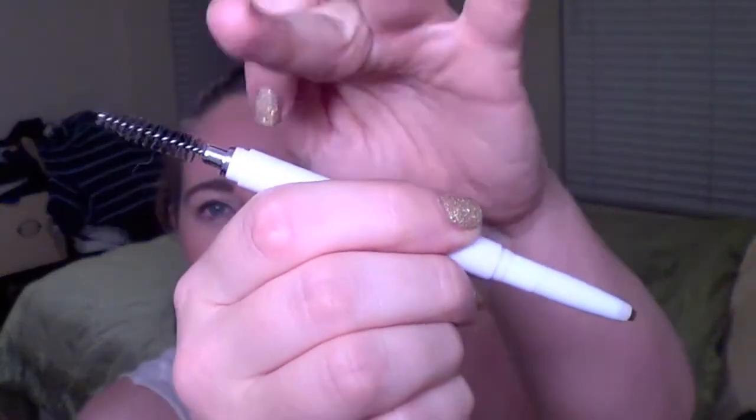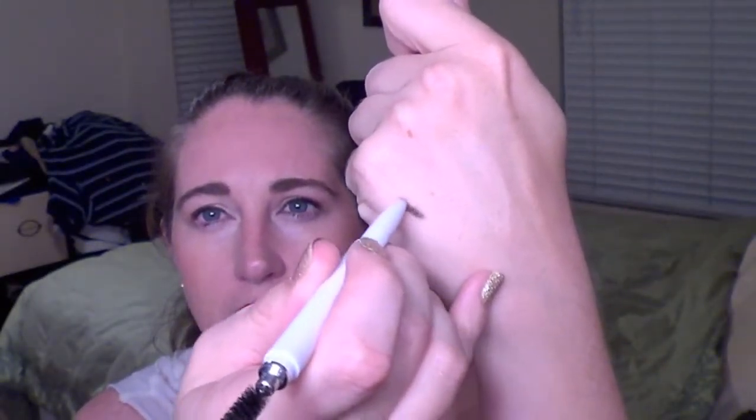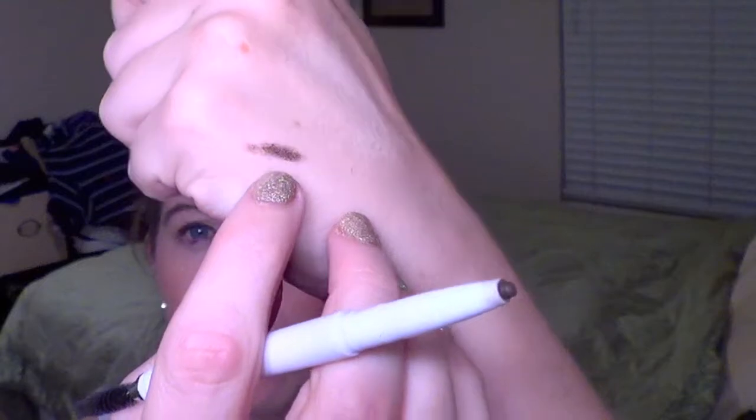Not only does it have a nice spoolie on the end, this is a really nice shade for me. And again, it does a really good job. It's a waxy kind of brown color. I do this first. I kind of draw it through my brows. Then I take the spoolie and I'll brush it through. And then to finish it off,